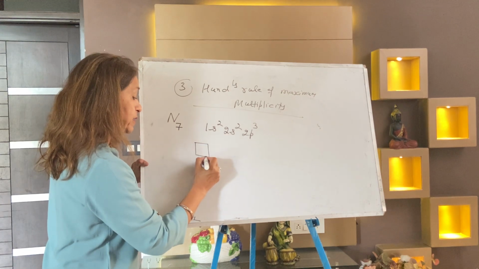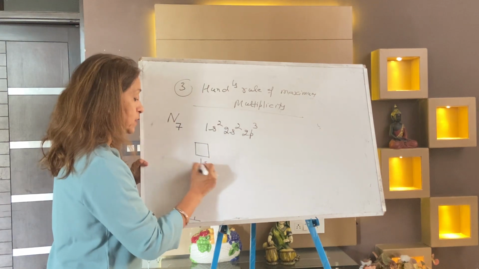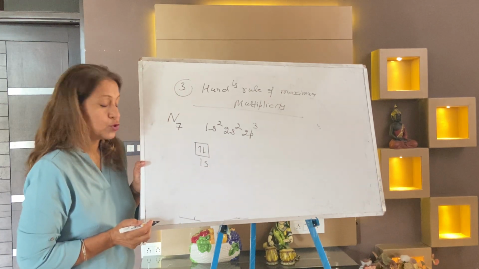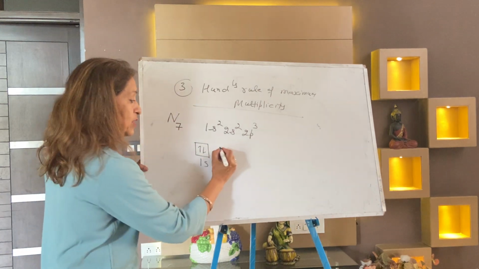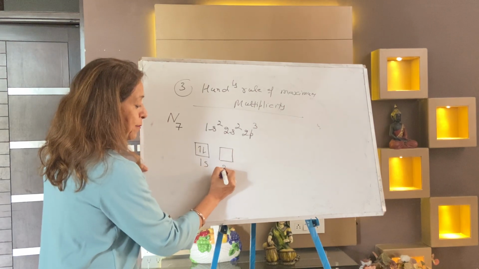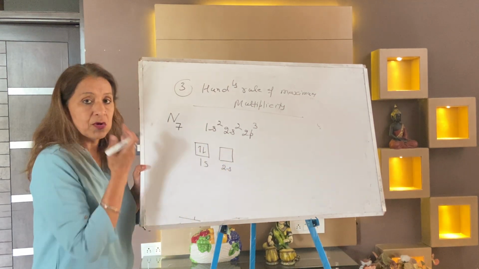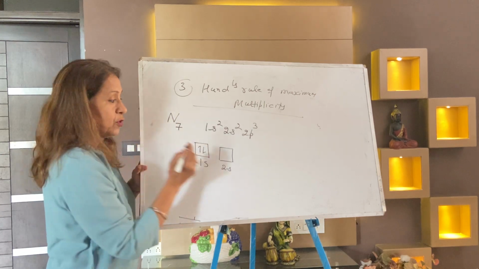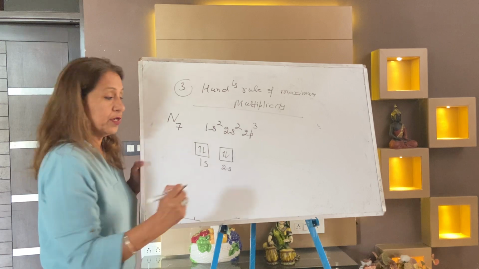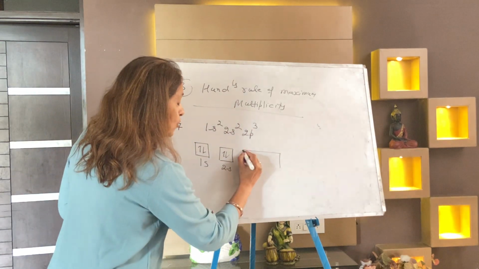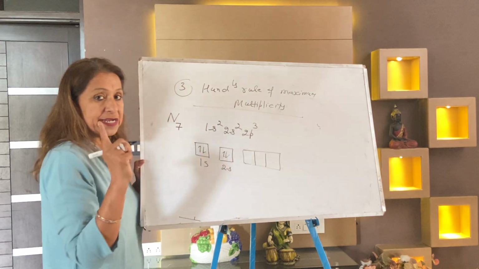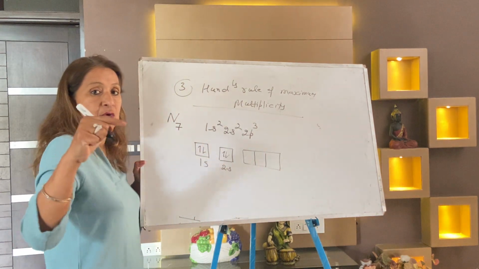1s. Make a diagram. This diagram is a must now. 1s2. You can see the spins. 1s2. 2s, with the higher energy, a little gap. Dear students, a little gap. Why a little gap? Because they have different energy levels. 2s2. 1s2 filled, 2s2 filled. Now coming to 2p. Do you know p has 3 orbitals? Whenever p comes, always write 3 boxes. Show it with 3 boxes.